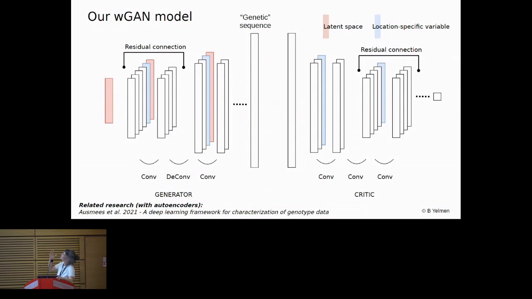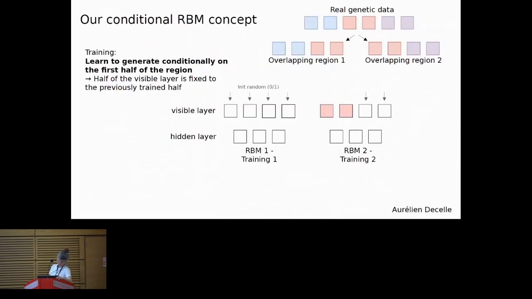Okay, so you have to keep this to have this real SNP correspondence. The conditional RBM, very briefly: on the left, you have a classical RBM, and on the right, you have an RBM that is trained in a way that it's always conditioned on the first half to predict the second half. So you can see that in a sense a bit like using RBM for imputation, but it's trained this way.